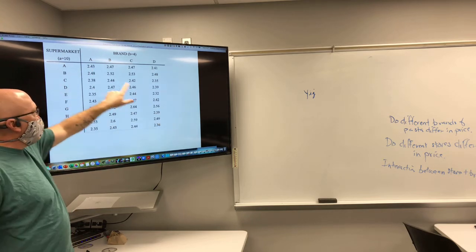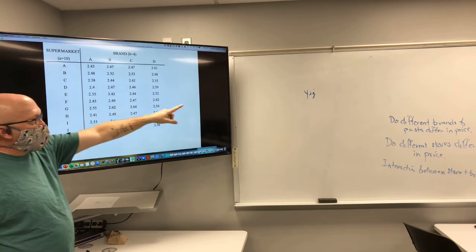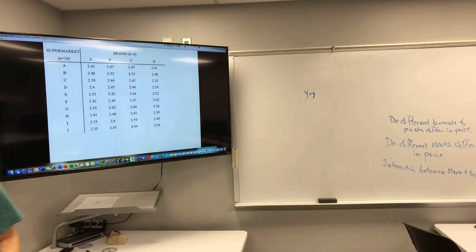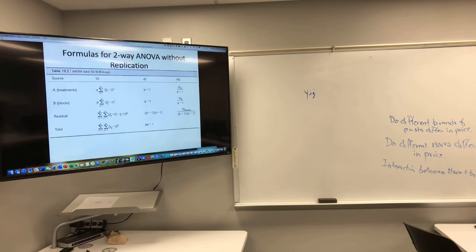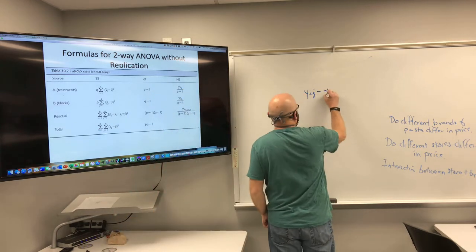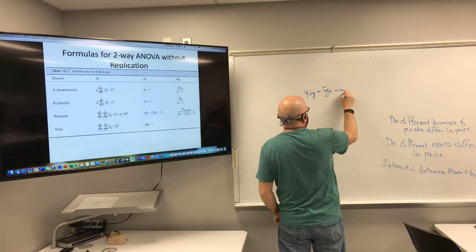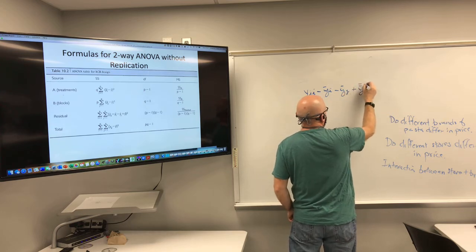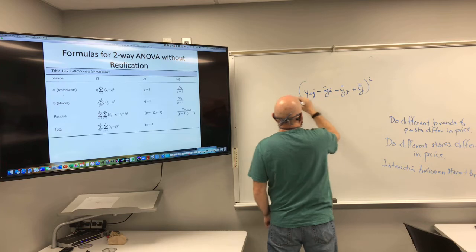Whenever I write Yij, I'm referring to this. It's the value of the ith column in the jth row. And so it's this minus the mean of the row minus the mean of the column plus the grand mean, squared,